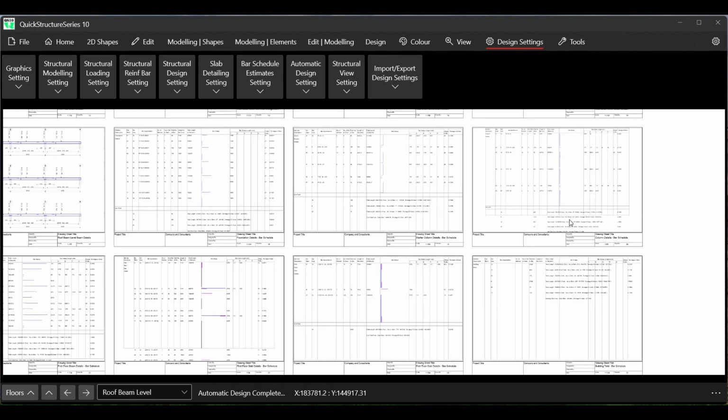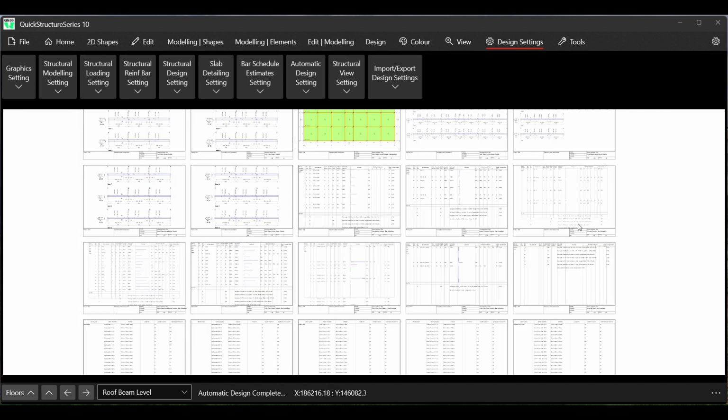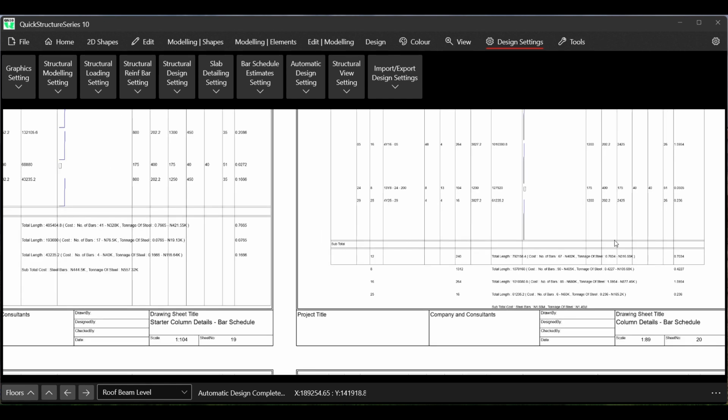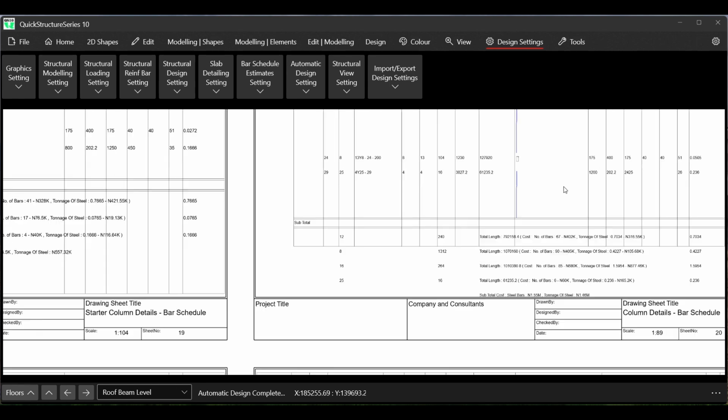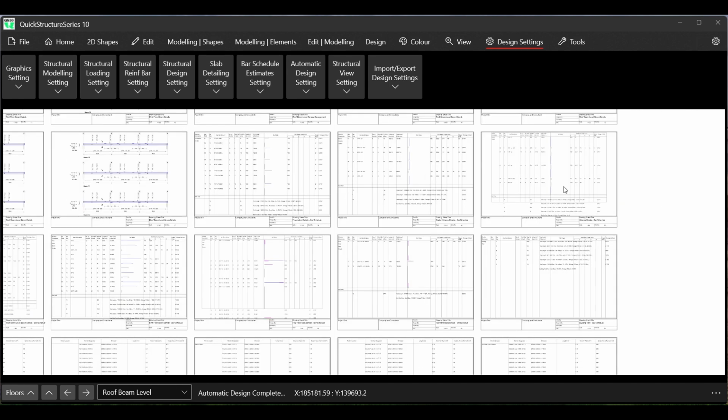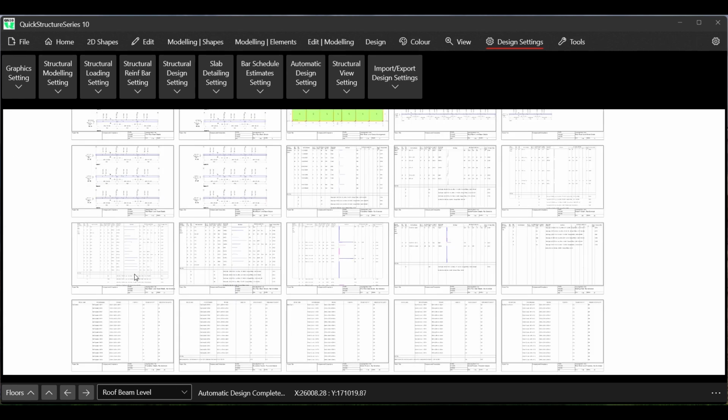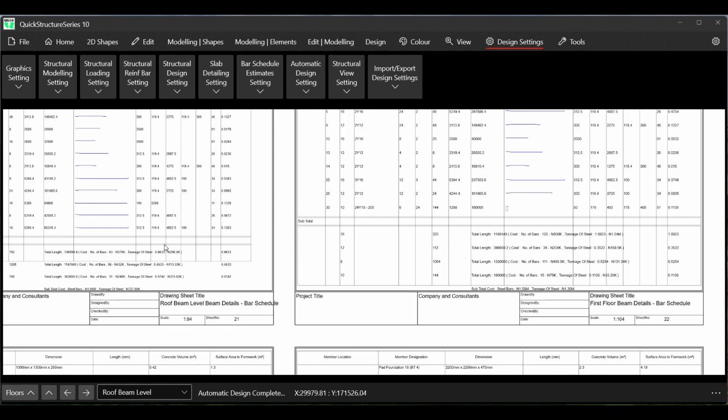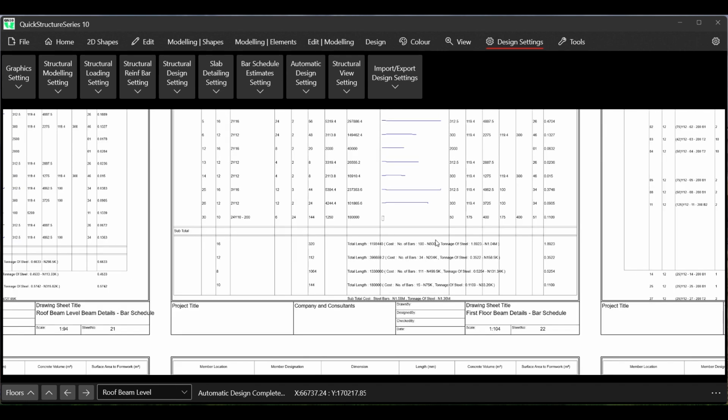And then like the whole column, sorry, not just the first floor, the entire column, and we have its own schedule. Okay. And then by the time you go down, we have the roof beam, we have its own schedule, and then the first floor schedule